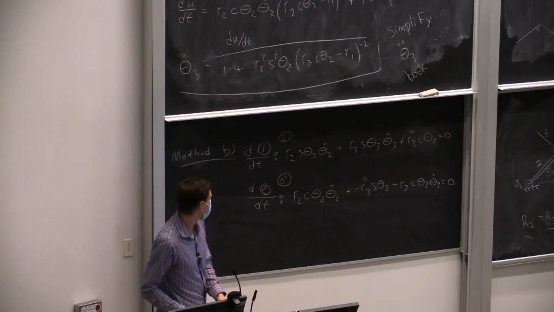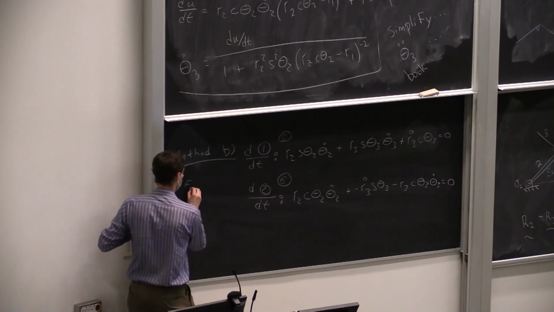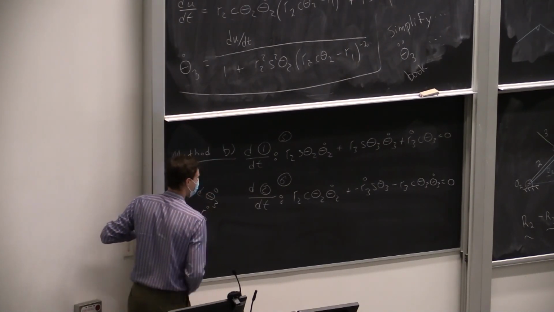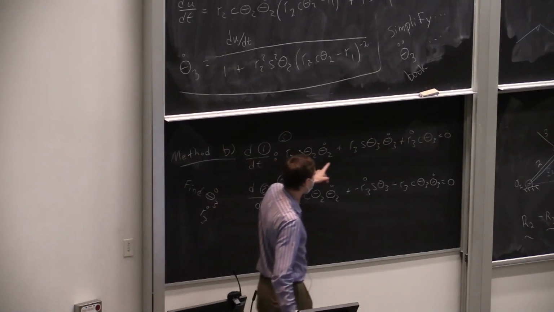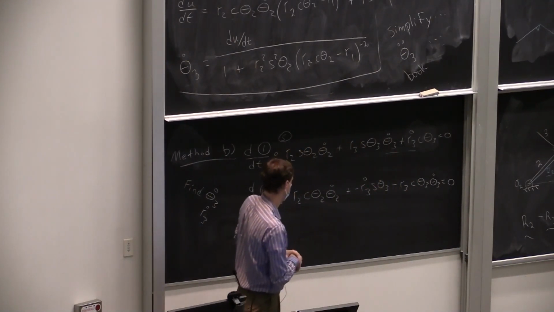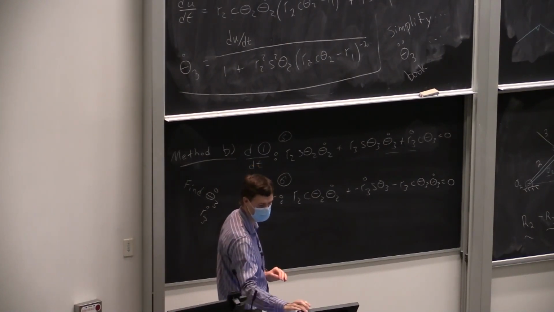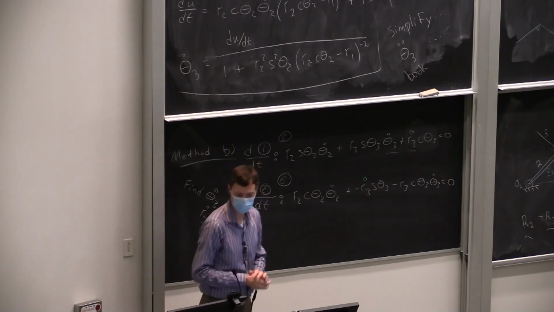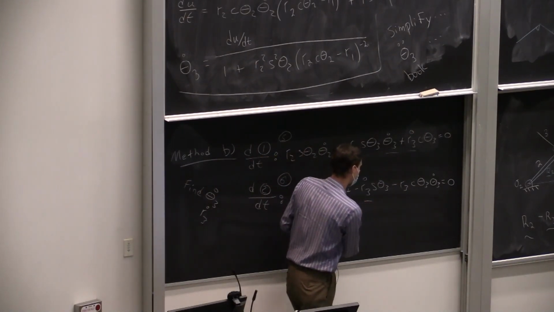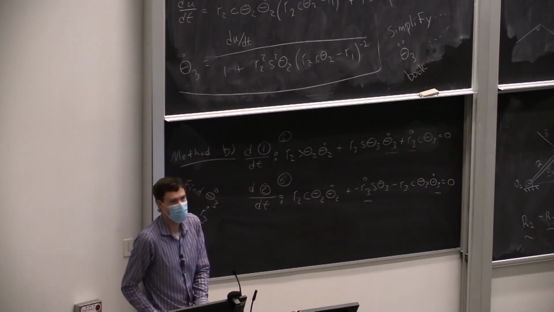And now we could solve these for our two unknowns, theta 3 dot and R3 dot. So let's just look at what the form of these are. We have R3 dot here. We have theta 3 dot here. So they're both in the first equation. Down here, R3 dot and theta 3 dot. So both equations have both unknowns. So to solve this, you need to solve them